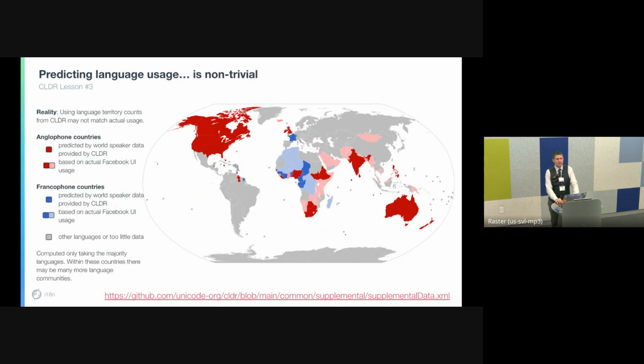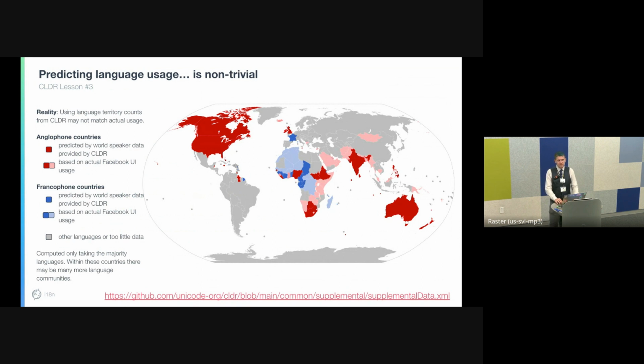This is a map of the Anglophone and Francophone worlds, according to CLDR and according to our data. In the darker red and darker blue, you see the Anglophone and Francophone world based on just CLDR, where the top language spoken by the most people is English and French. So we see the usual suspects like Ireland, Australia, Ivory Coast. The top language in those countries is English and French.